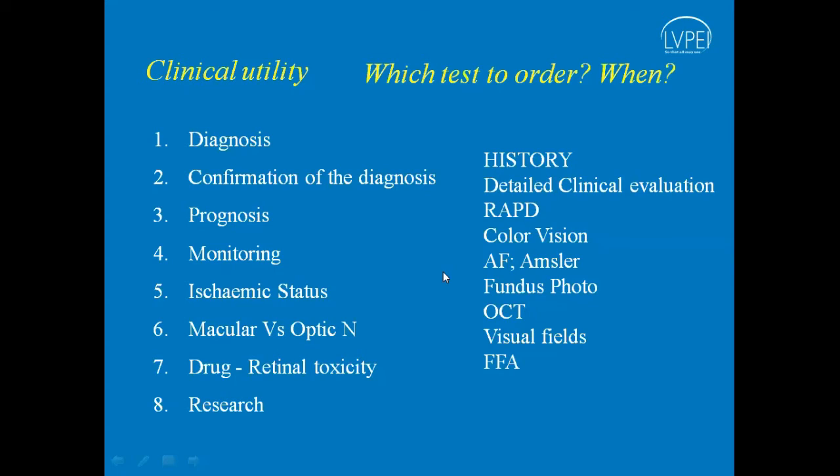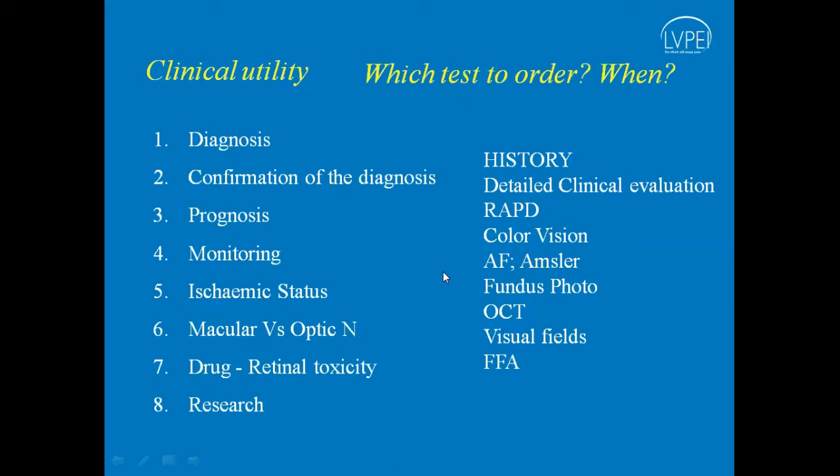Monitoring cases of vitamin A deficiency. Now you administer vitamin A, there is marked improvement in the ERG, and you can monitor how it is progressing. Or say autoimmune retinopathy, we have started the systemic steroid and you see the responses coming back. Ischemic status we discussed, they are a very good, non-invasive tool.